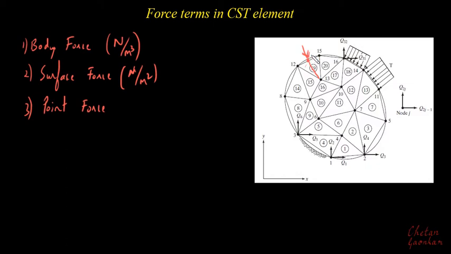But this is not possible when a body is subjected to, say, body force or surface force, because the body force will be applicable on the entire body, and we just cannot go on creating nodes on the entire body, because that case will be similar to solving a continuous body. But in finite element method, we discretize the continuous body and obtain some finite nodes, and then we need to understand in this section how to distribute this body force or surface force applied on a body onto the corresponding nodes.